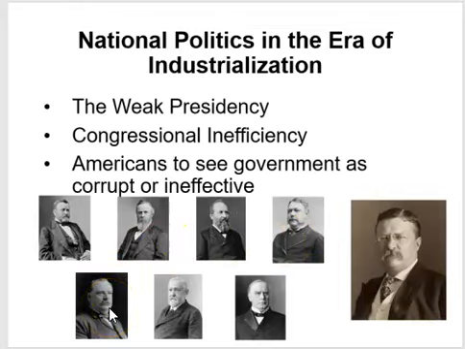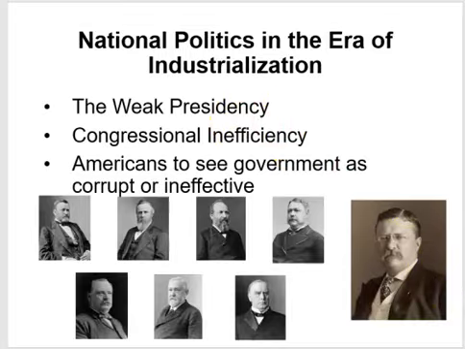Then we move down here. This is Grover Cleveland. He is the one who serves two non-consecutive terms. So he serves and then he sits out while Benjamin Harrison comes into office. And then we go back to Grover Cleveland. And then the last one, finishing out this era of weak presidents, is William McKinley. And we'll talk more about Theodore Roosevelt and how he reestablishes the powerful presidency.